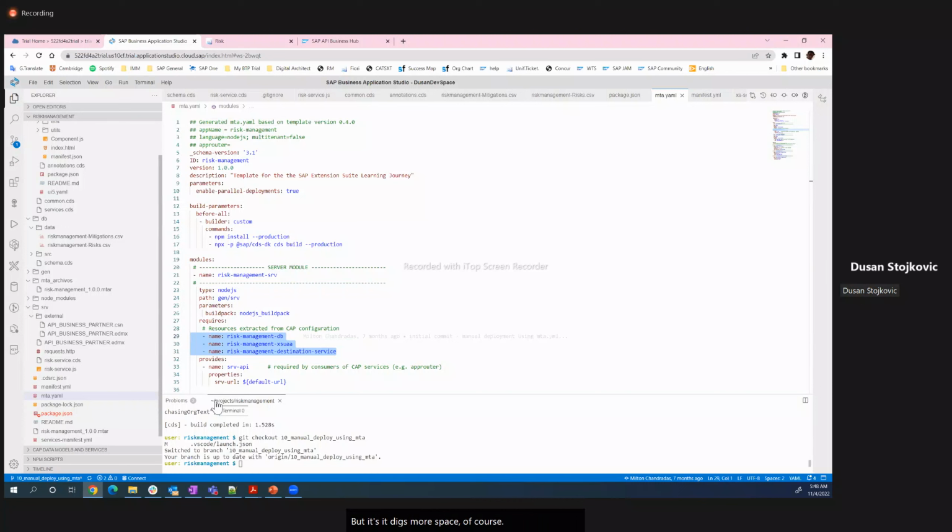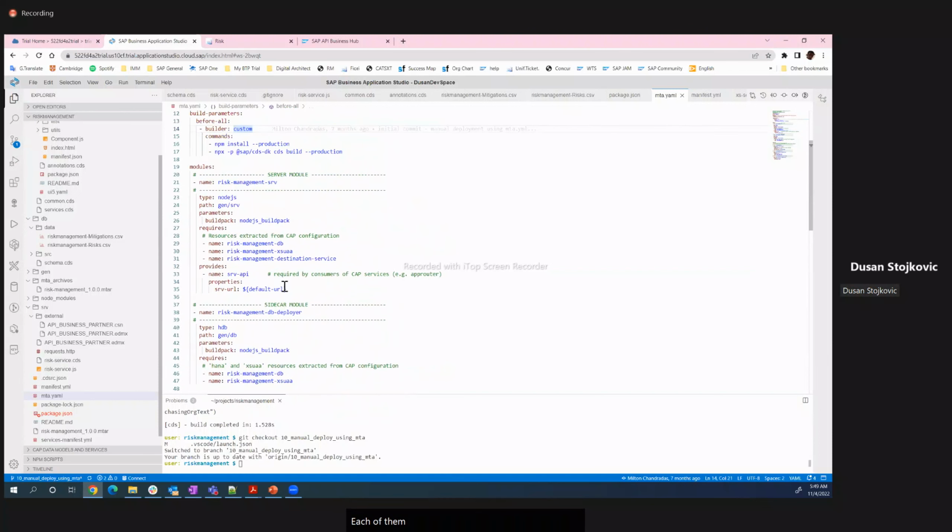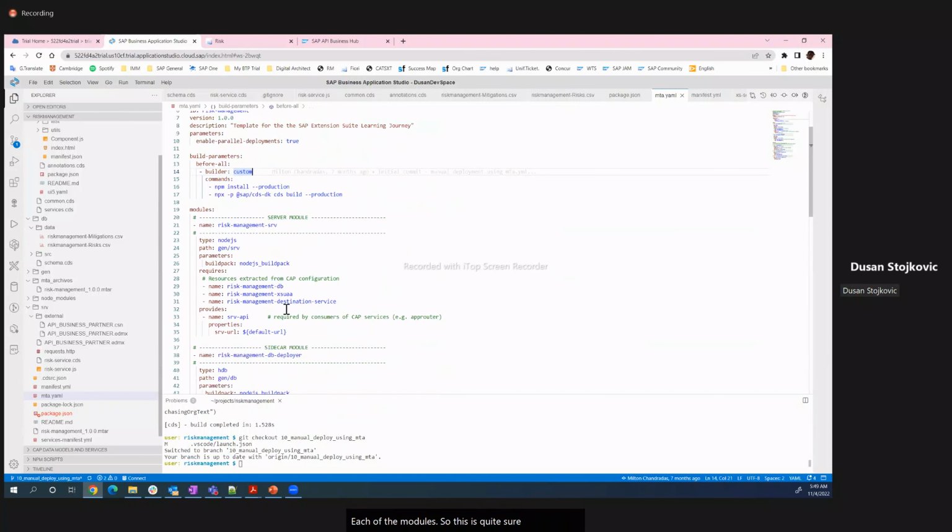So that's YAML, pretty often used in the industry. We used that one a few moments ago for the manifest. We use it again for the multi-target archive. So over here we have a description of what needs to be done for each of the modules. This is quite short, if you agree, and it's going to do the whole job